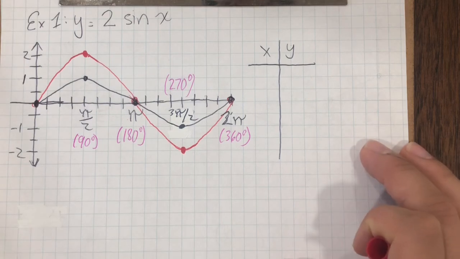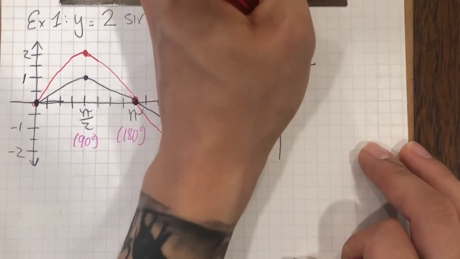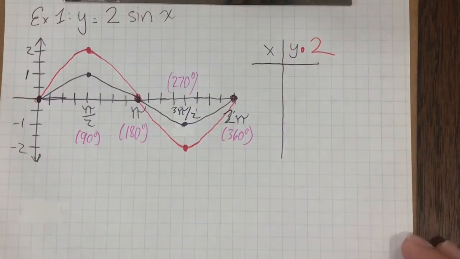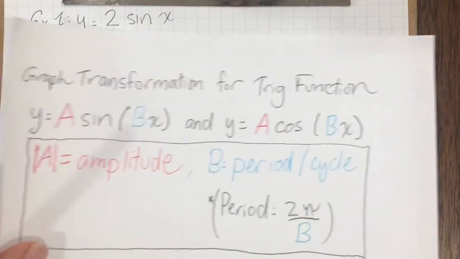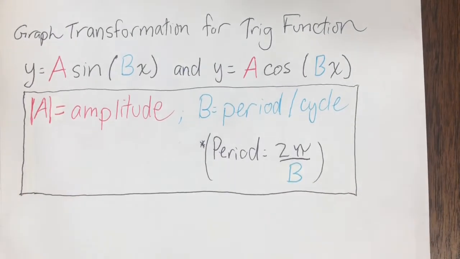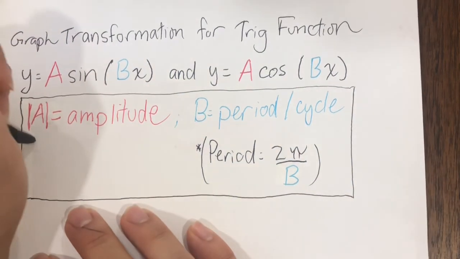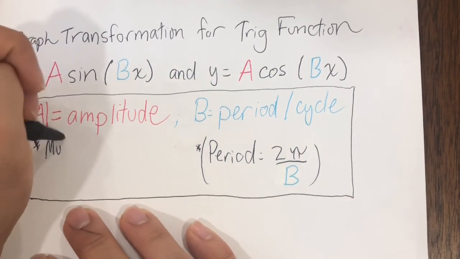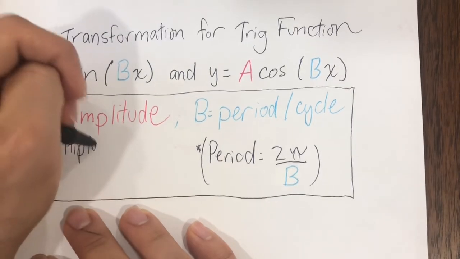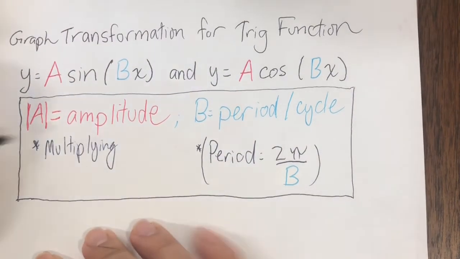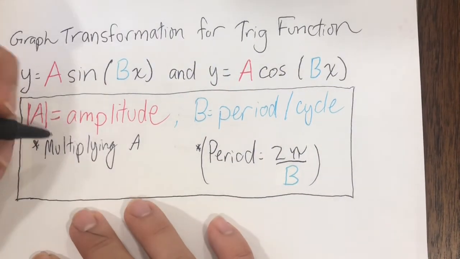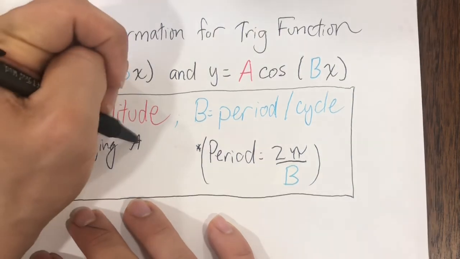So for each y value, I'm multiplying it by 2. We can also say that for the graph transformation with the amplitude, you're multiplying the y values